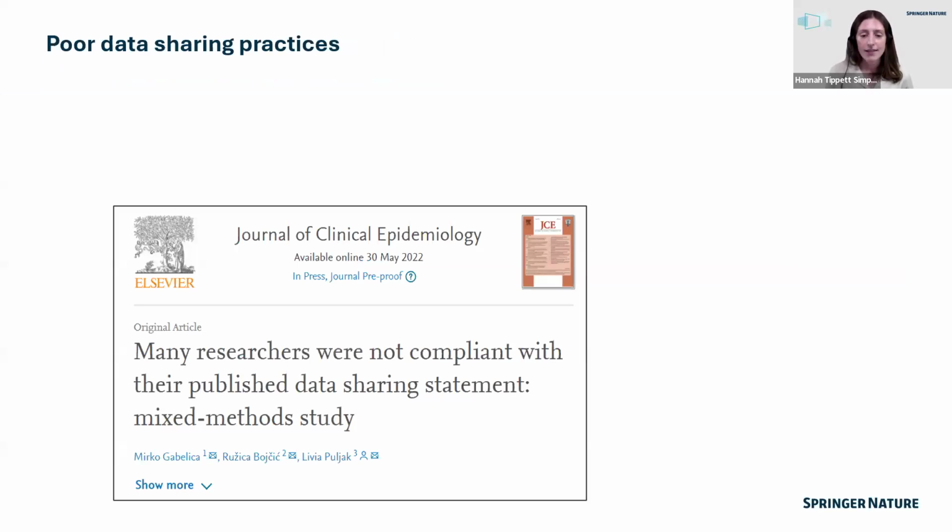Unfortunately, simply having a baseline policy or requiring a data availability statement doesn't solve all of our data sharing challenges. If you've spent time reading research papers, chances are you've come across the phrase "data available on request," "data available on reasonable request," or along those lines. And if we're honest, if you submitted a manuscript recently under a similar policy, you might also have written those exact words yourself. In a sense, it's possibly a tick box exercise.